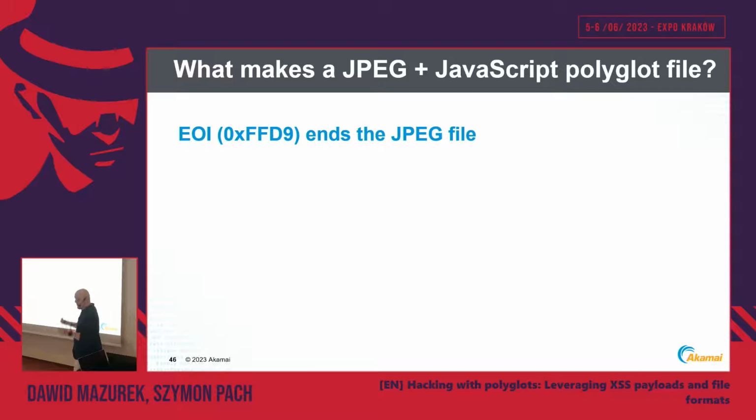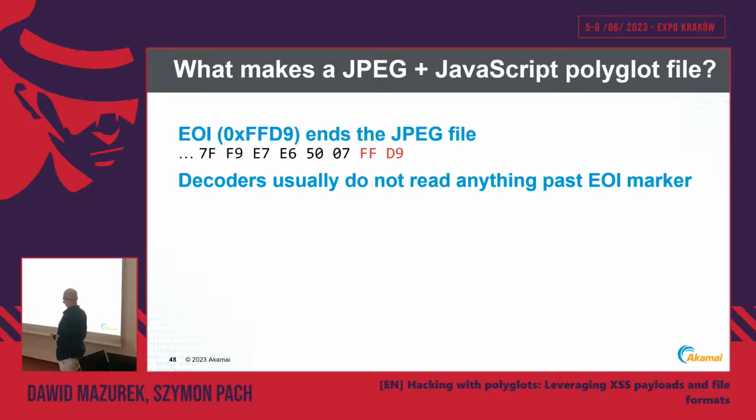Okay, so how do we actually close this last multi-line comment? FFD9, those 2 bytes, indicate the end of the image, the end of the JPEG image. After those, JPEG decoders will stop reading the file. It looks like this, just the last 2 bytes. And they will not read it, but